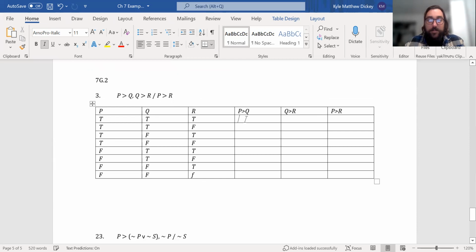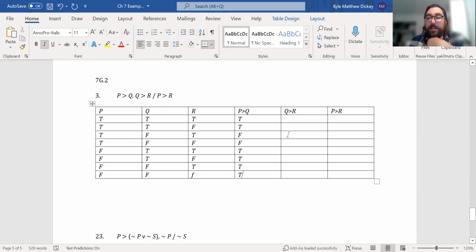Now we can start figuring out what's going on here. Remember, conditional: true antecedent, false consequent is the only situation in which the whole thing comes out false. So all you've got to worry about is those situations. It's going to be false only in cases where P is true and Q is false. So let's look right here. Oh, okay, there are two right there. It's going to be false here. It's going to be false here. But P is false all the way down here. So each other one is going to be true. We can see that from knowing how the truth function works